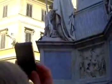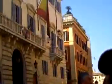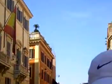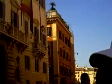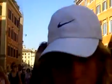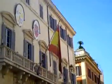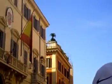This is the first foreign embassy that was established in Rome in the 1600s. It is now part of the Vatican City State. As you can see on the facade, there is the coat of arms of the Vatican City State: the crossed keys, symbol of St. Peter, with the papal crown, the tiara. Also the building behind you, where you see the Vatican flag with the yellowish and whitish colors, is considered part of the Vatican City State. Collegium Propaganda Fide was